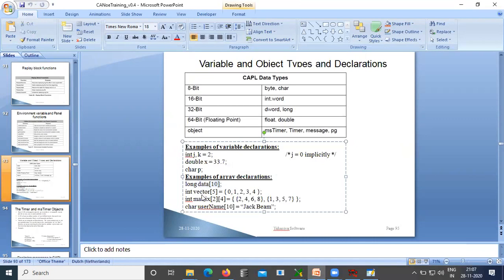Then we have an integer one-dimensional array of size 5 with the name vector, which they also initialized. Then we have a two-dimensional array that is also initialized. Then a string declaration. They also showed us a simple way to declare a string in CAPL. So let us try this and check whether these work as expected.